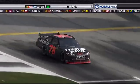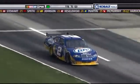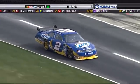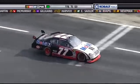Real quick, obviously Kevin Harvick, we knew that he had a rough weekend coming in, but Richard Childress Racing, they've not been in the hunt, but Jeff Burton has just moved into the top 10. Yeah, he's definitely moved into the top 10. Some of it has to do a lot with the pit stops going on. And speaking of pit stops, let's go down to Steve Byrnes. Well, Jeff, you see